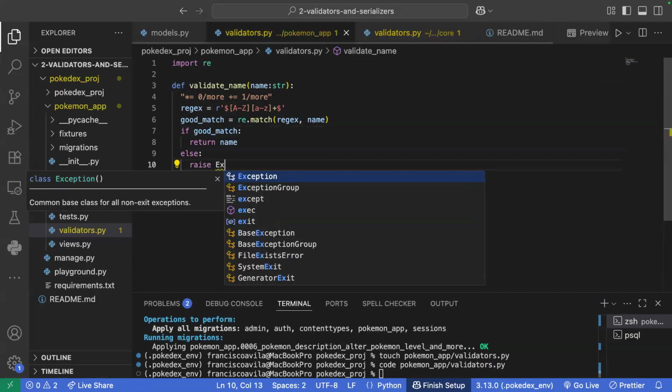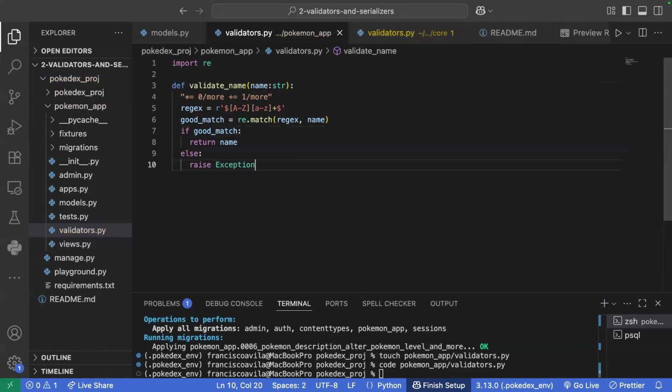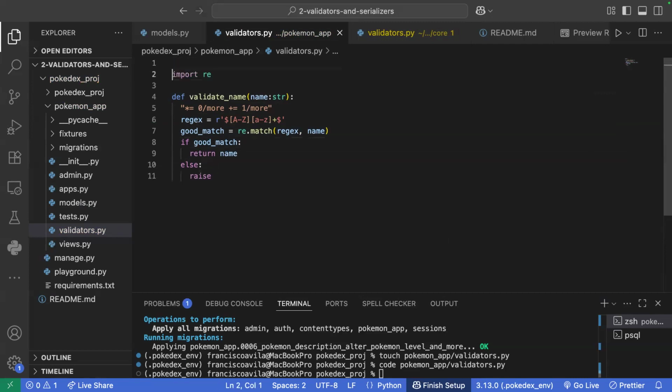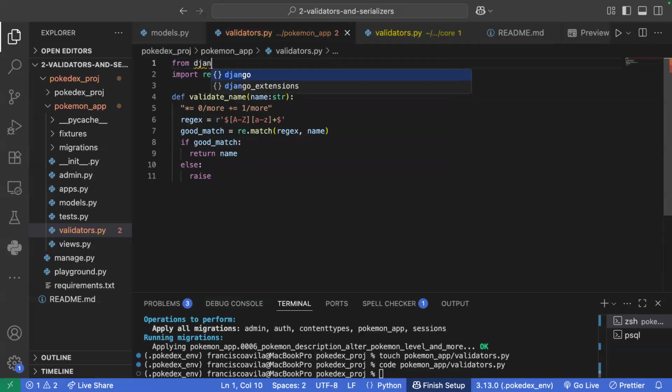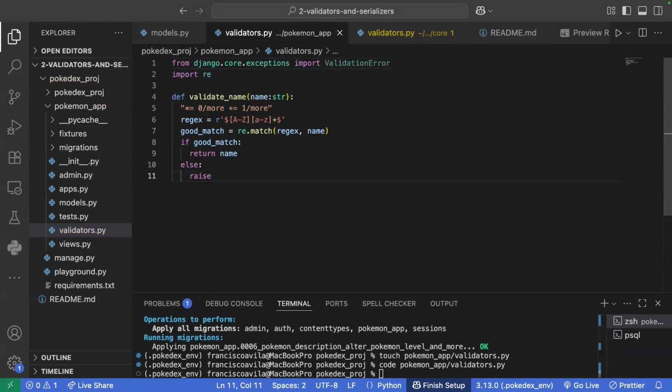But if I utilize an exception, that is more of a programming error. So maybe exception isn't something that I'm looking for. Instead, what I want to specify is that I am trying to access a validation error. Well, exception is built in to Python, but a validation error isn't. That means that I have to grab my validation error from Django. So again, I'll go into django.core.exceptions, and I'll import a validation error. So now I can raise a validation error